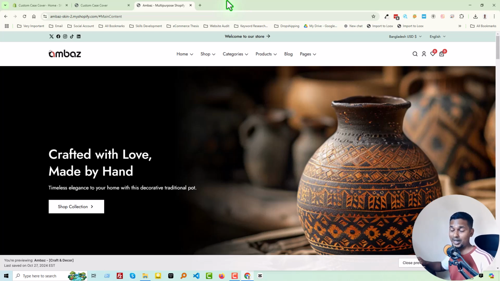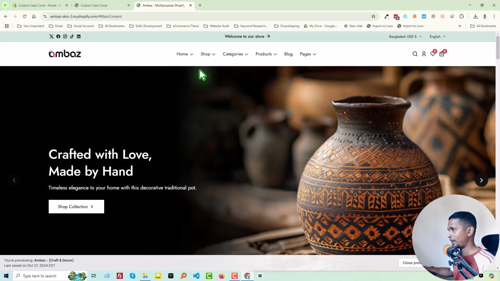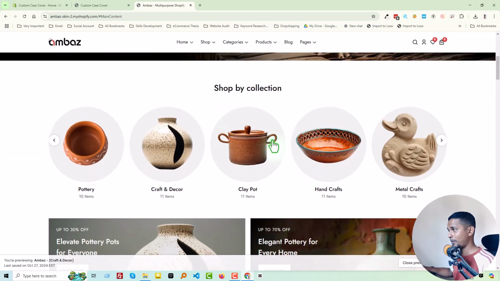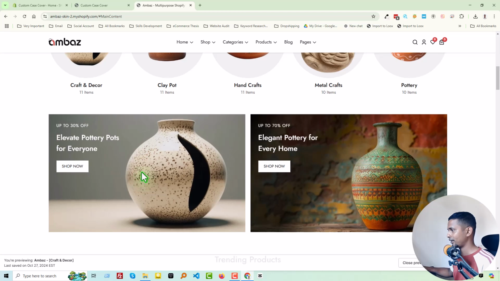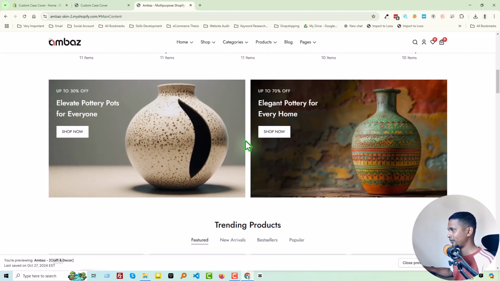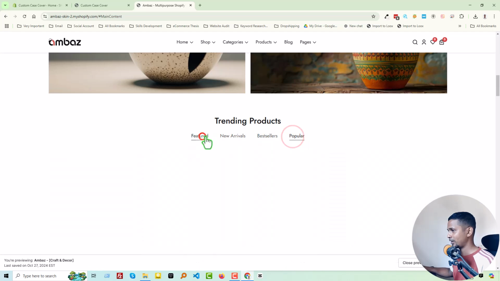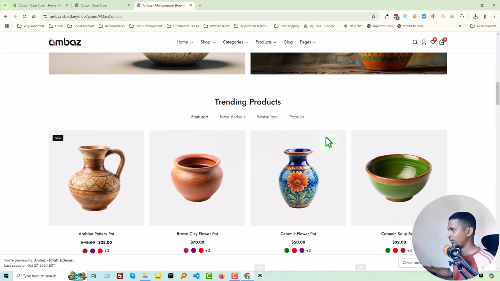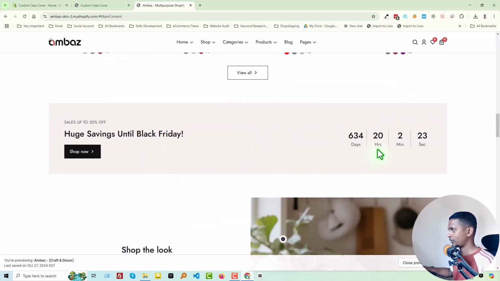So, let's get started. You know that we are following this design to make a Shopify online store like this one, and we have done so far the header top, header, slider, shop by collection with carousel system, then the hover box or hover image box, then the tab slide or tab product section, then we have added the countdown timer,